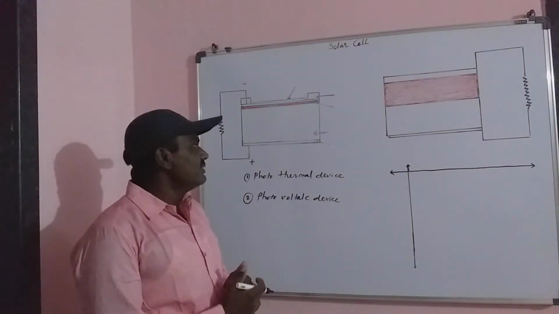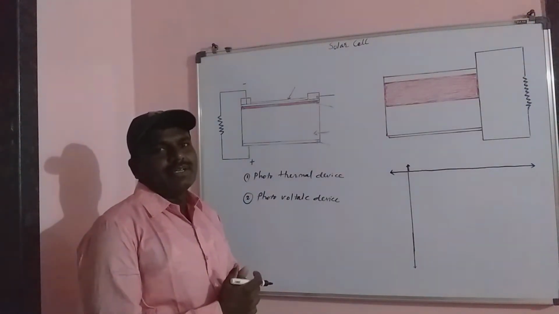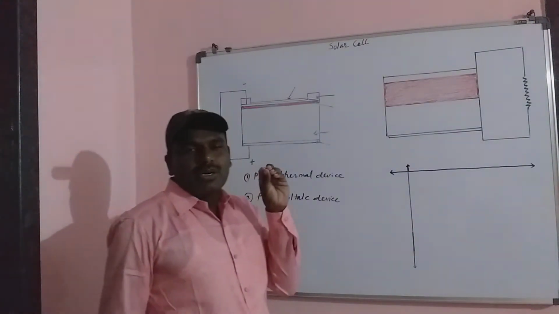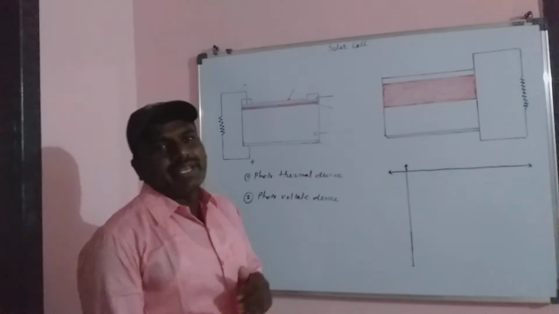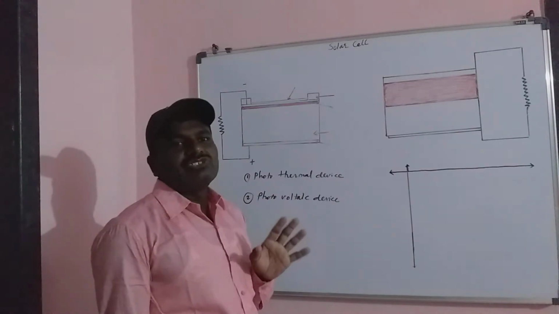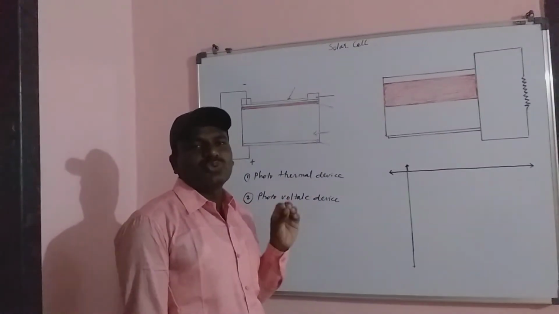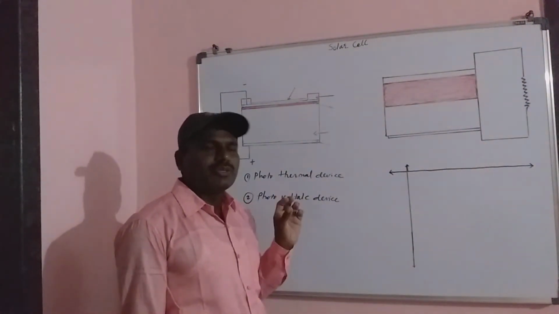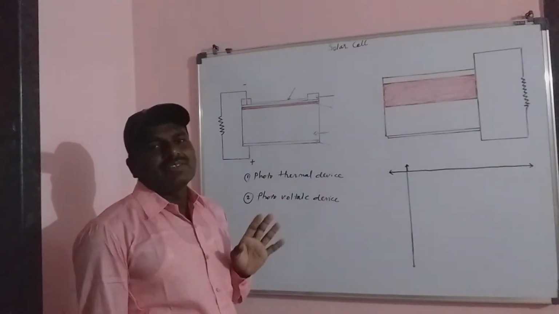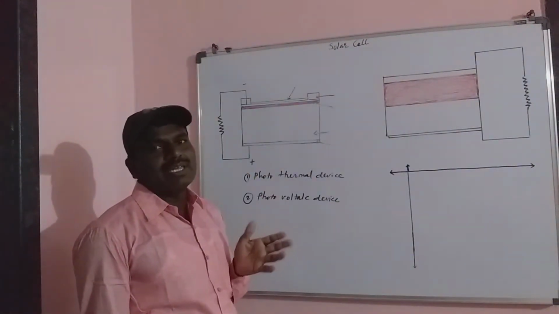When light is incident on the solar cell, current and voltage are produced, and this current and voltage generate power, so the solar cell works as a source of DC power. And so this solar cell device is used in many ways, such as in remote control on the earth, in space, or in a satellite.